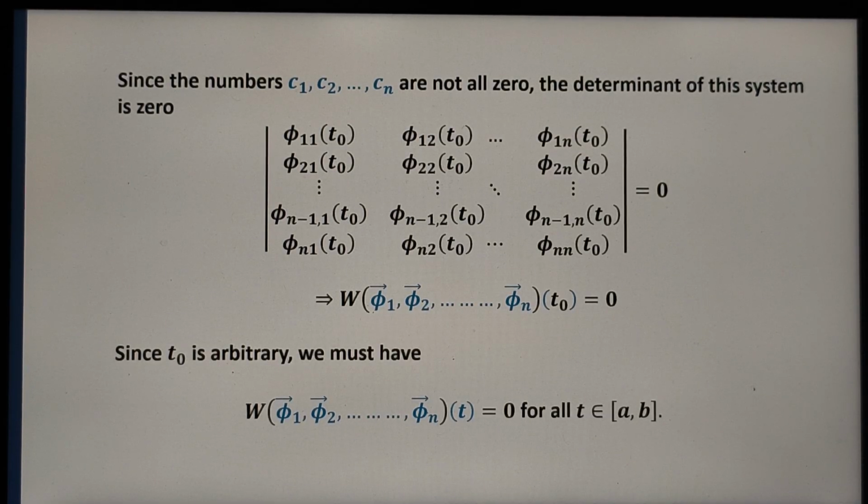Okay, and this coefficient determinant becomes the Wronskian at t0. Since t0 is arbitrary, we must have W of phi 1, phi 2, phi n (t) equal to 0 for all t belongs to [a, b]. Okay,